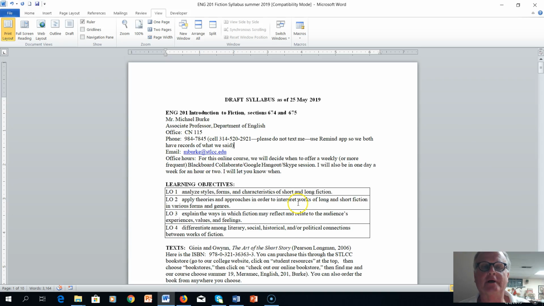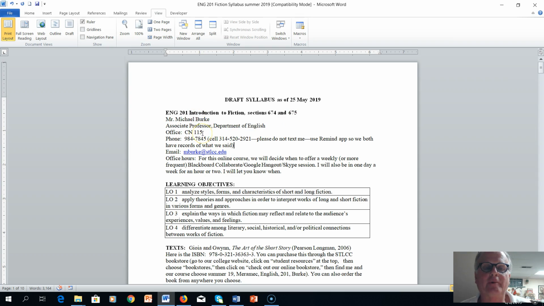Let me spend a little bit of time with the course syllabus. This is posted to Blackboard under the syllabus and schedule part, and this one document contains both. I should point out here at the top that I have two sections of the course, each of which is full, so I have right at 50 students.